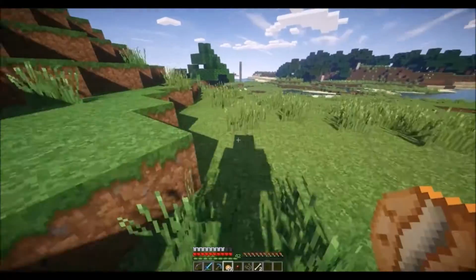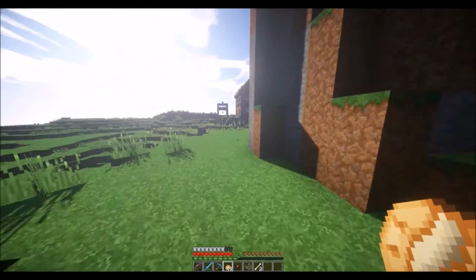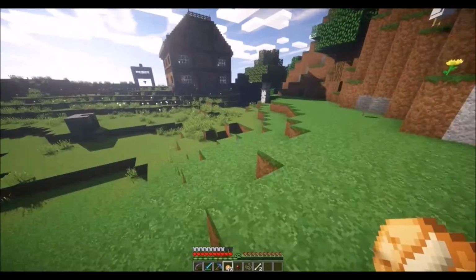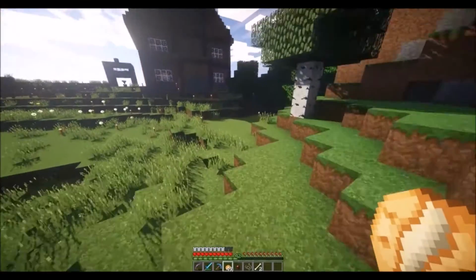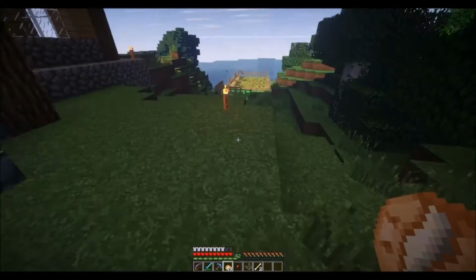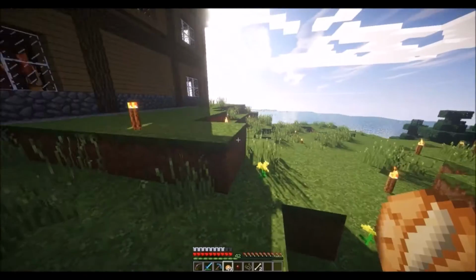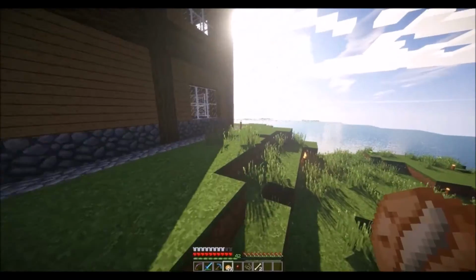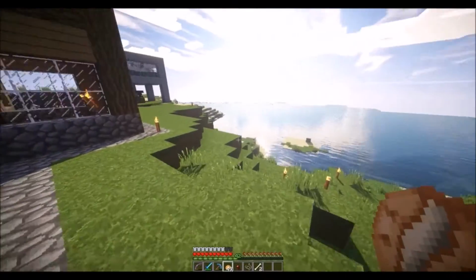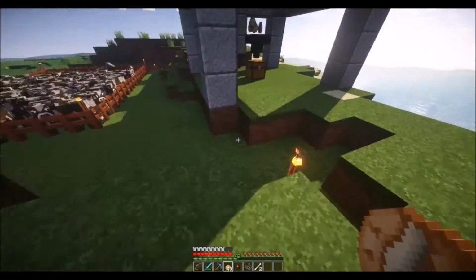I'm sure I've mentioned it before. The project, the castle project on the vanilla server, a large part of the driving force behind that was in fact how it would look with this mod, with the Chroma Hills texture pack, with all that stuff. So now that I actually have this and can build with it,